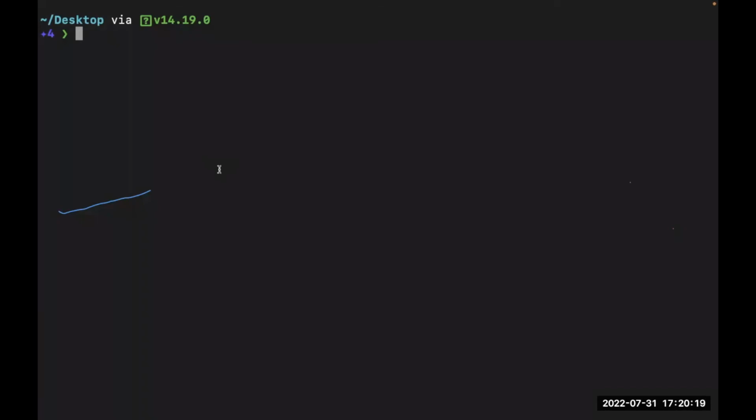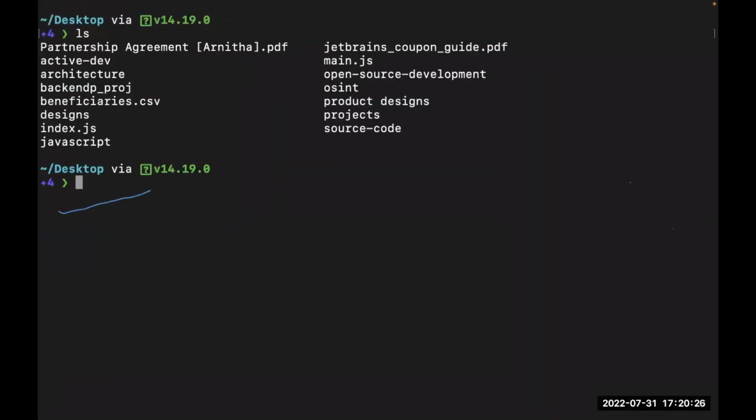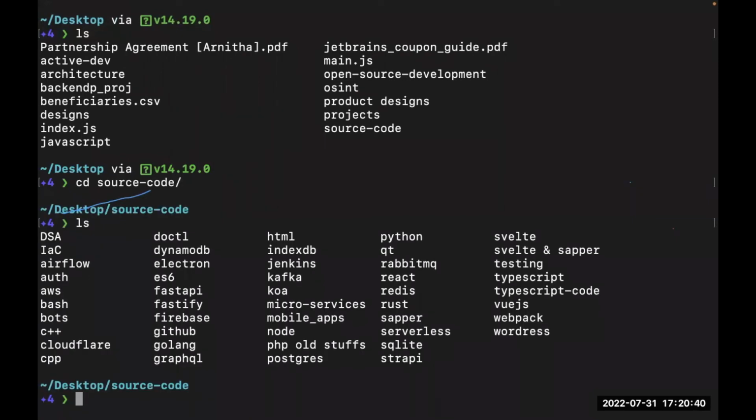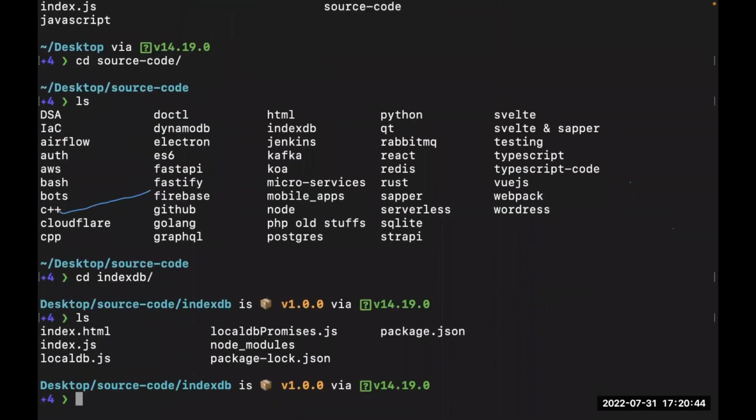I'm thinking, okay, so how do I show you? Okay, so a quick example. Let's look for a file. I am currently on my desktop. I'm going to open up the source code. I have a bunch of stuff here, so I'm going to open up IndexDB. So IndexDB, and so we have localdb.js. So let us do more of